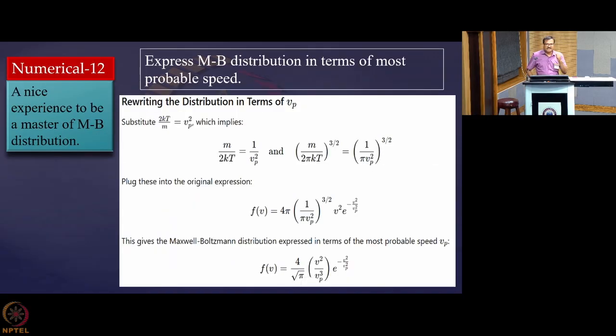So, last one: if you want to write the Maxwellian distribution in terms of most probable velocity, you see the form that it takes here, it goes like this. Okay. It is interesting because many times you may require the expression for this distribution in terms of most probable speed. So I stop here for this tutorial, and we will go for the next tutorial in the next class. Okay, thank you.